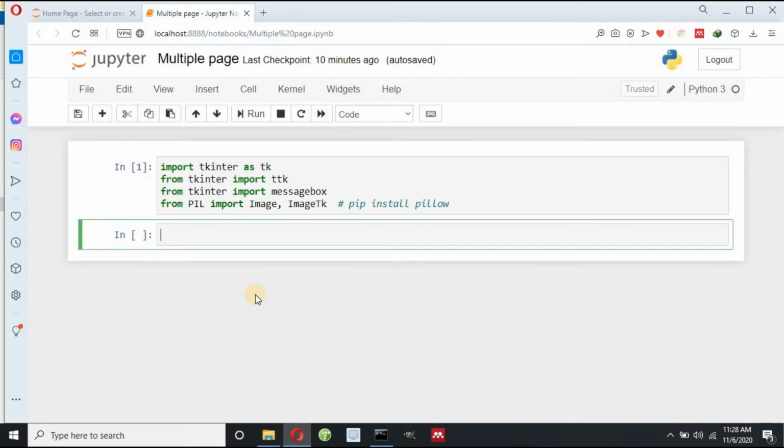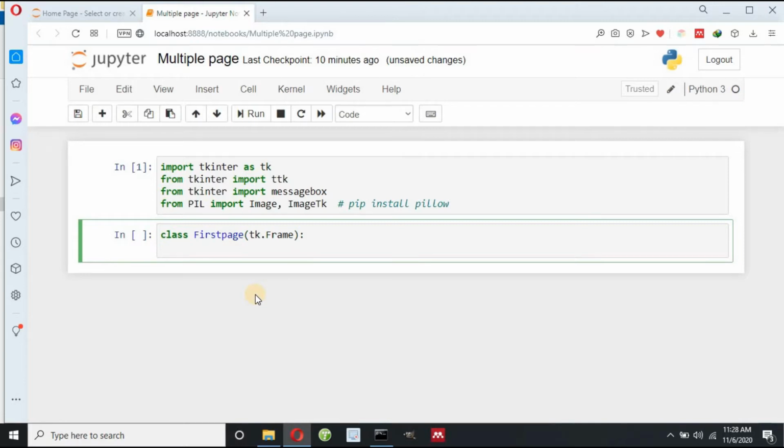Now I have to make a page, so let me write class FirstPage. I have to pass a frame, so I have to write tk.Frame, and then a colon. I hope you know about classes, how to define a class in Python.